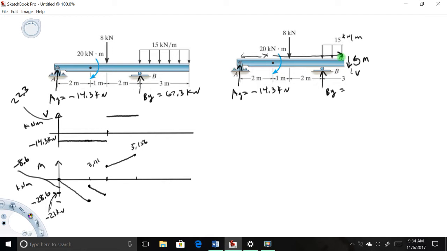Let's go ahead and write our force equation. So sum of all forces y direction equals 0. So we're going to have plus AY minus 8 kilonewtons plus BY, which is 67.3 kilonewtons. All right, now let's deal with this bending moment here. Minus, now,